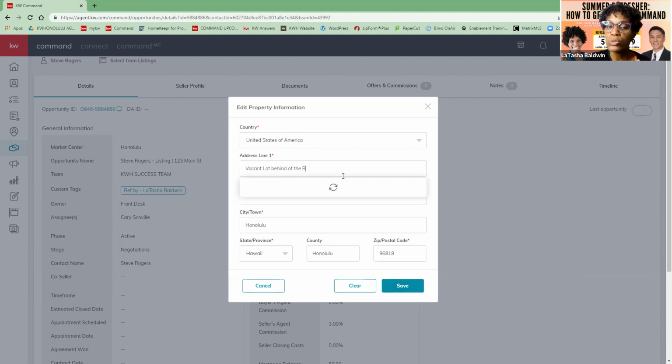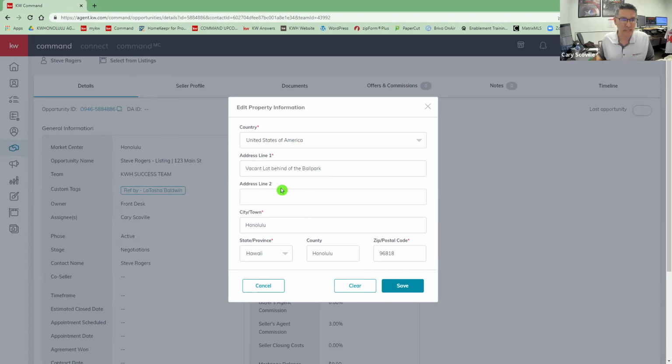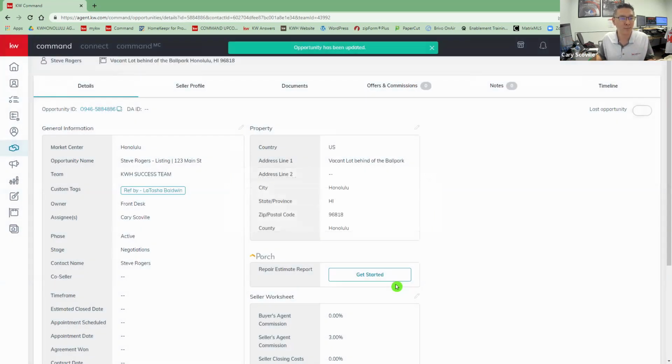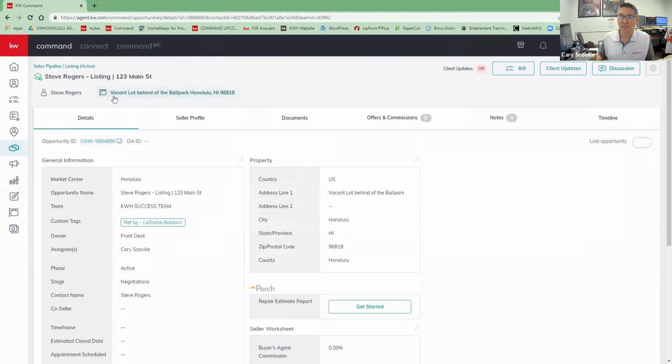So make sure that you utilize this also for those listings that may not be on MLS for whatever reason, and or for vacant lots. And you can see where you don't need the Google address, to Latasha's point. You can type in what you like. I grew up coaching baseball, so, hey, there's a vacant lot behind the ballpark that I want to purchase. And you just type that in to identify the property. Okay. So now you'll see this little signage come up here with what you typed in as far as the address goes.